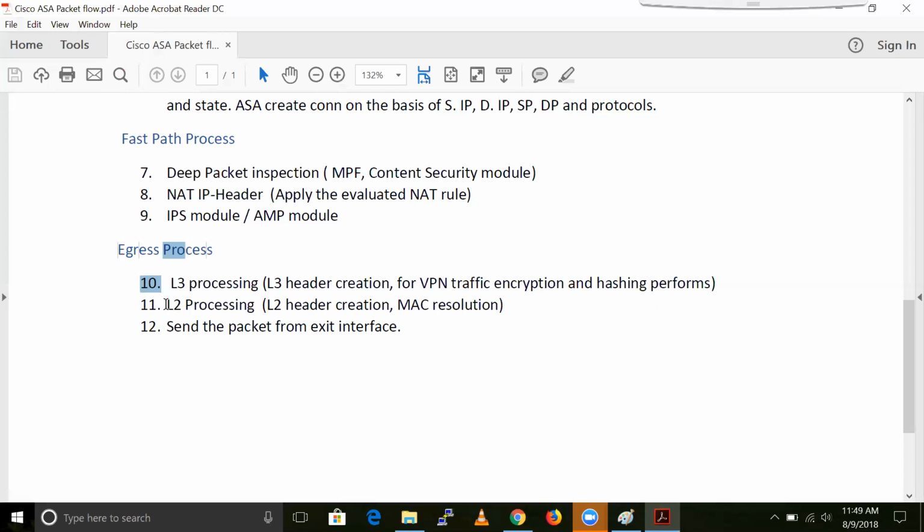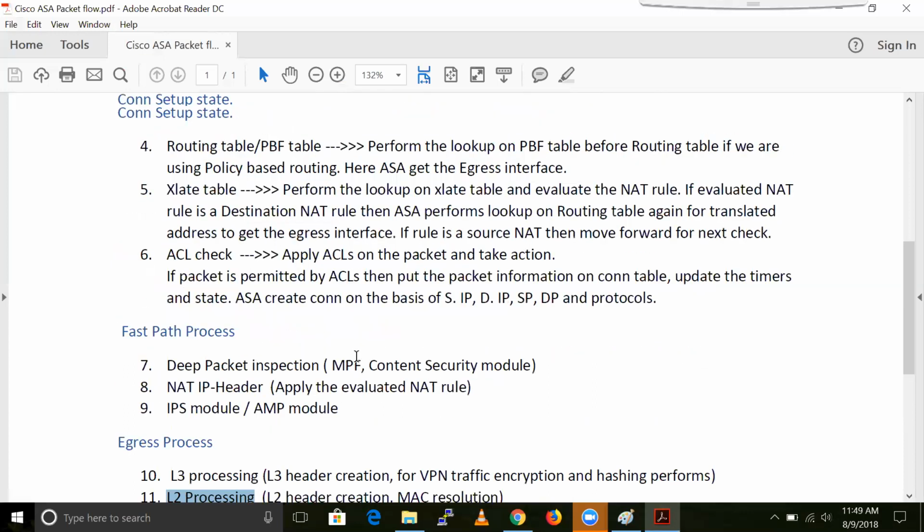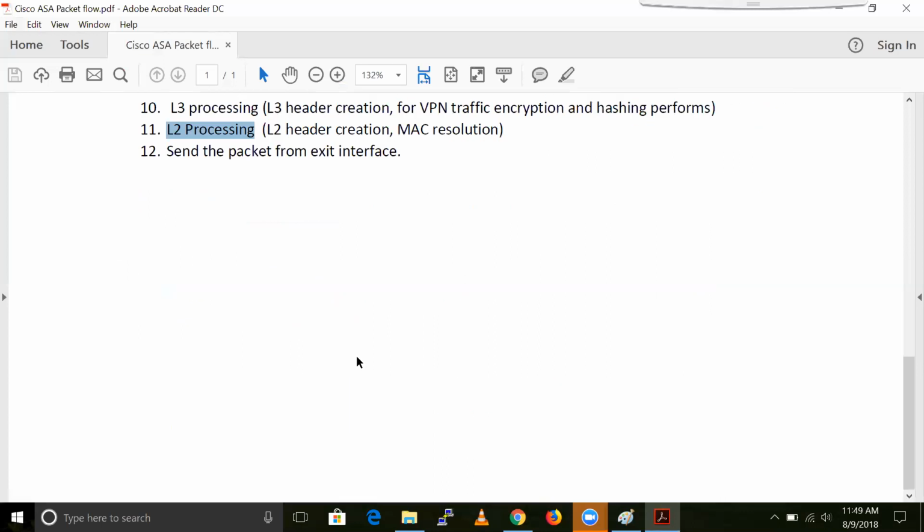Now L2 processing happens. In L2 processing, he creates the L2 header of frames, and here MAC resolution also happens on the basis of ARP. Now the Cisco ASA sends out this traffic from the exit interface. So that is the packet flow in Cisco ASA firewall.